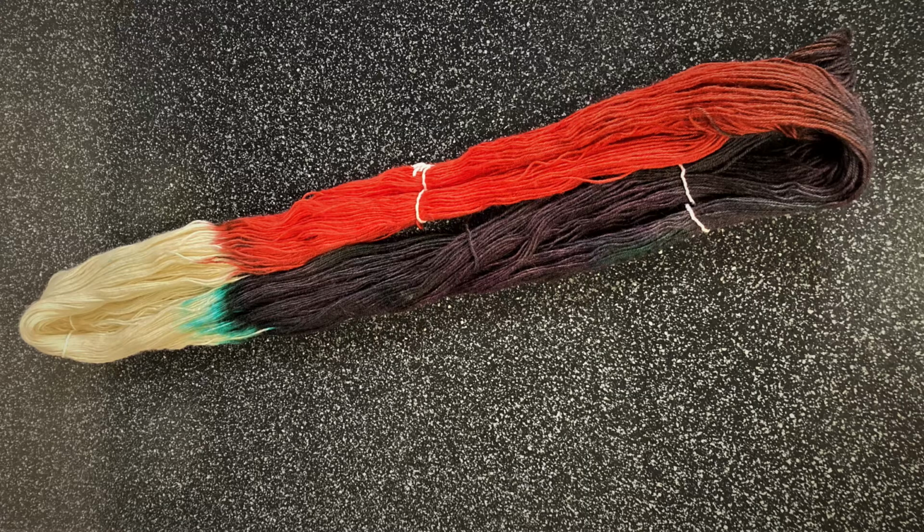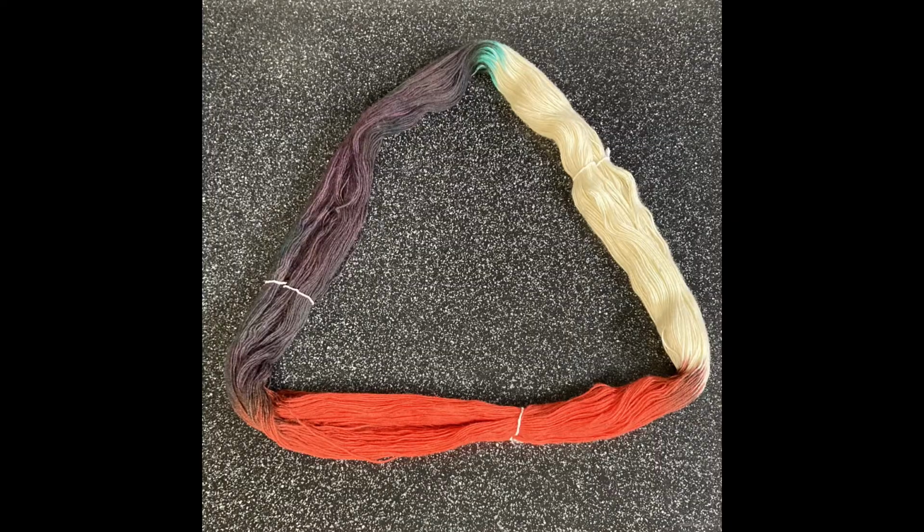So here is our finished skein of yarn. Overall, it looks pretty good. There's good penetration of the color throughout all of the fiber. The black did break and bleed into the white undyed section a little bit, but actually I kind of think that's pretty. The evenness of the different color sections I'm pretty impressed with,